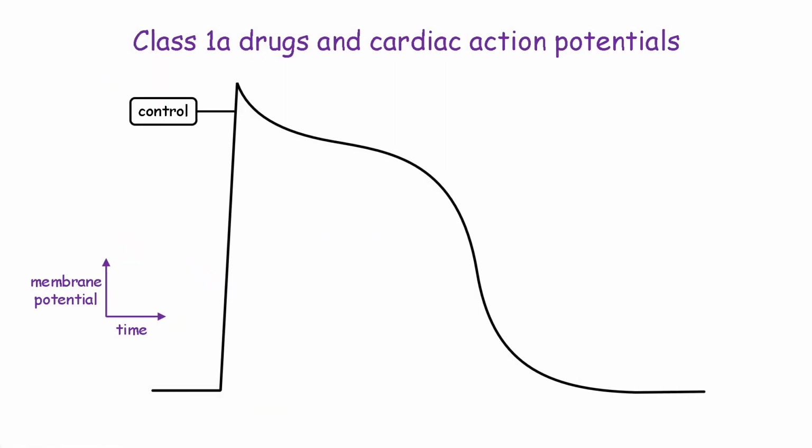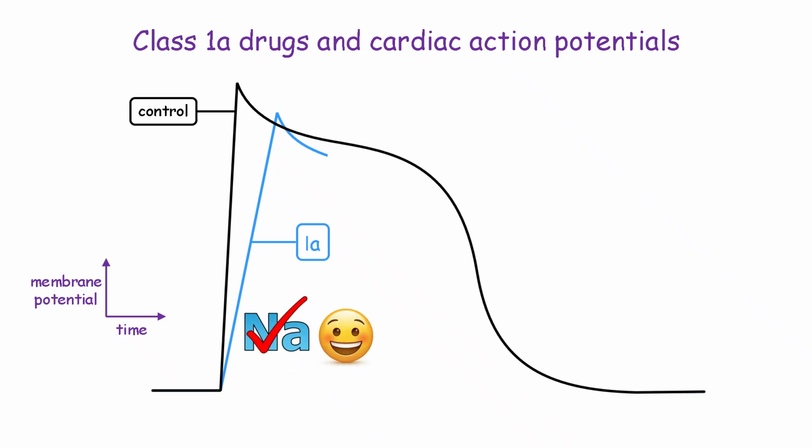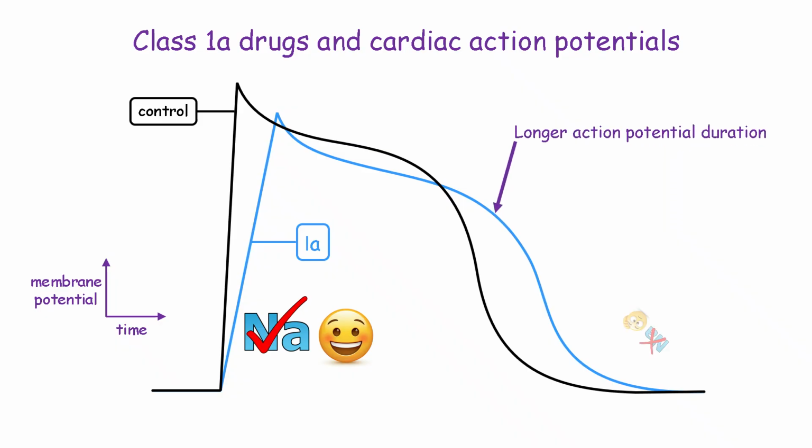Class 1A antiarrhythmic drugs slow the rate of depolarization, producing a broader upstroke. This reduction in the rate of rise decreases conduction velocity through the myocardium. So far, so good, as expected for sodium channel blockade. However, class 1A drugs also prolong the action potential by extending the plateau phase, which is not predicted by sodium